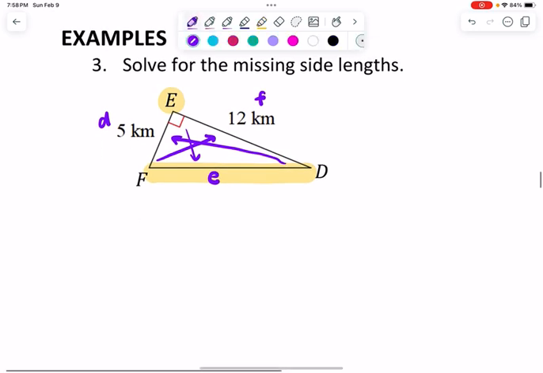Okay, I'm only going to do one triangle at a time because we'll go through the rest of it as we go. But this is what I've got. The first two examples we can do without a calculator. I'm trying to find the missing side length. So I know my